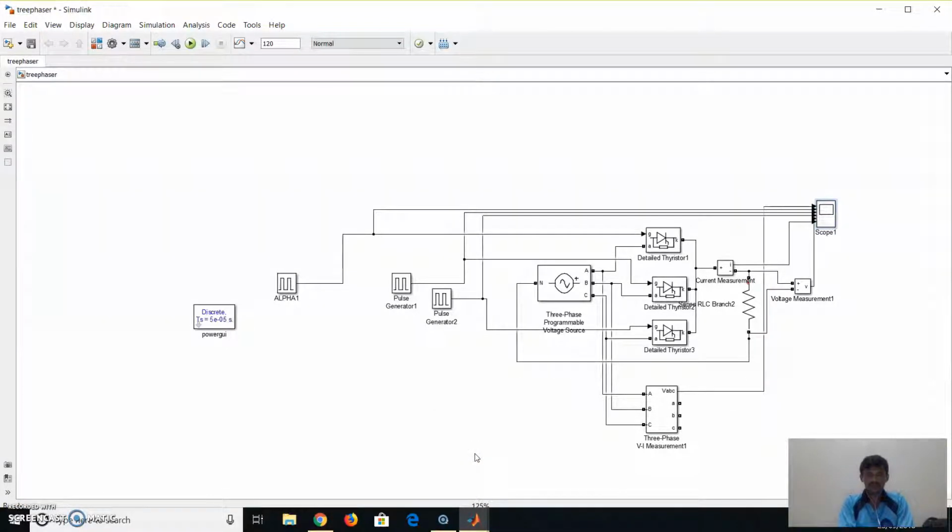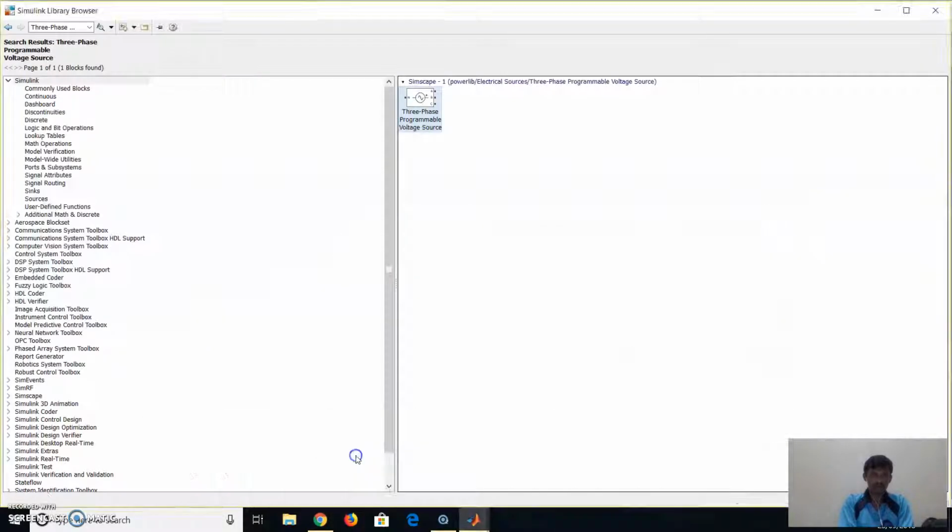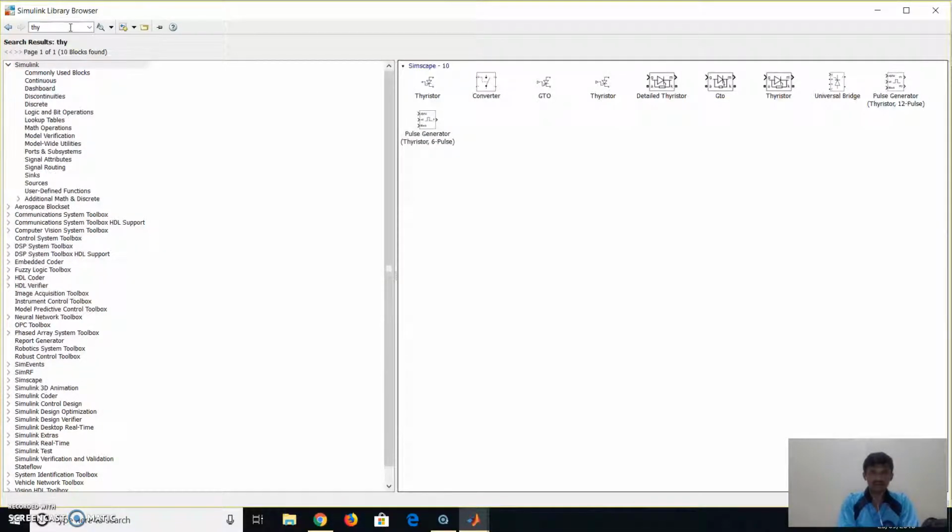After dragging, the thyristor we also search in the SIMULINK library. Here just simply type thyristor. There are 3 types of thyristor: GTO thyristor, detailed thyristor, and only thyristor. Here we can choose the detailed thyristor or only thyristor. After selecting the thyristor, we can drag it into